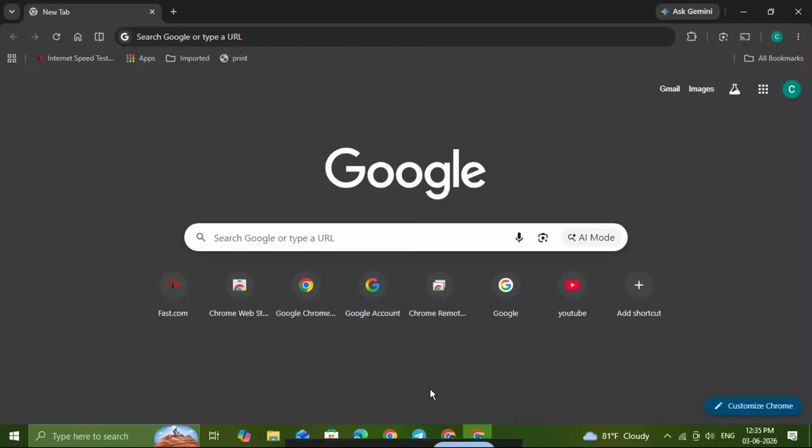In today's video, I'm going to show you how to clear the cache and cookies in Google Chrome quickly and safely. This is a simple but powerful fix if Chrome is running slow, websites are not loading properly, pages look outdated, or you just want to clear out stored browsing data for privacy. Clearing your cache and cookies can help refresh your browser and solve a lot of common issues in just a